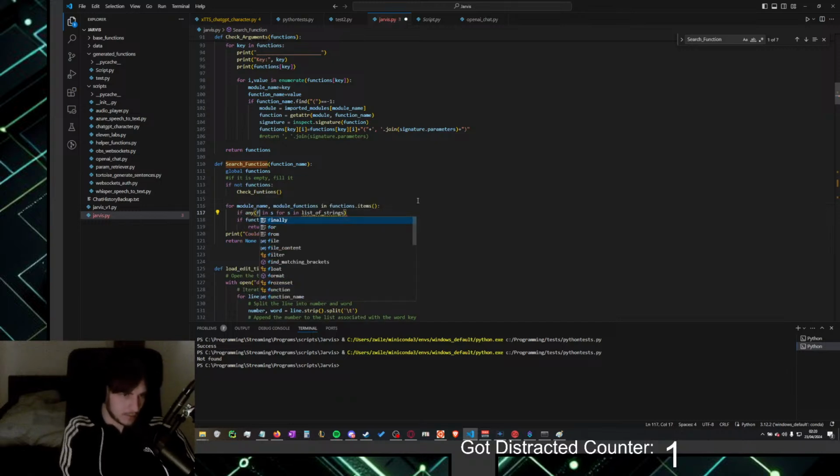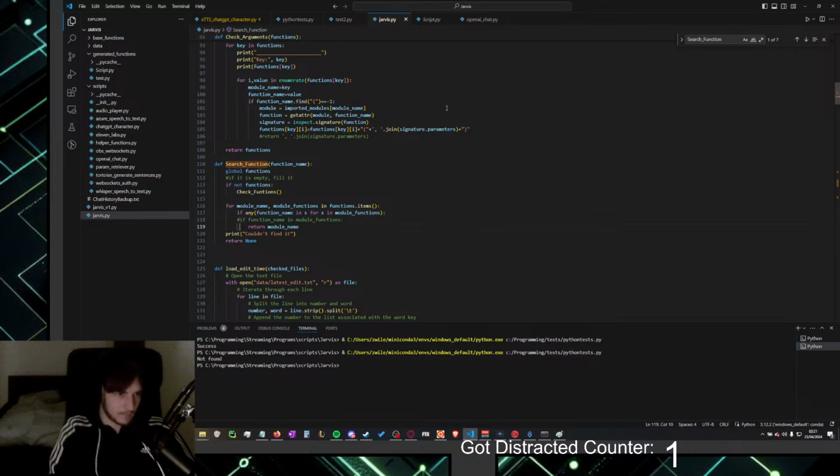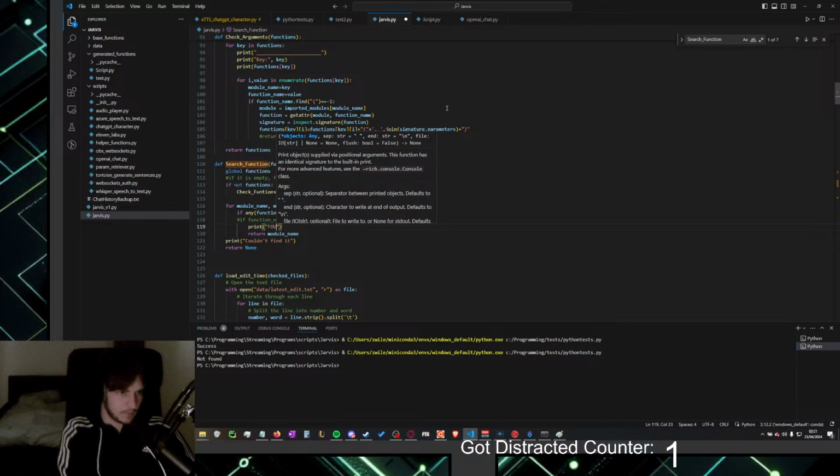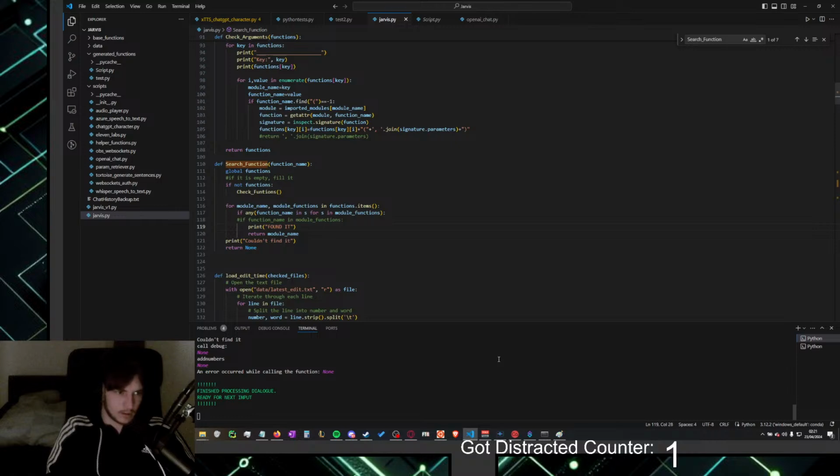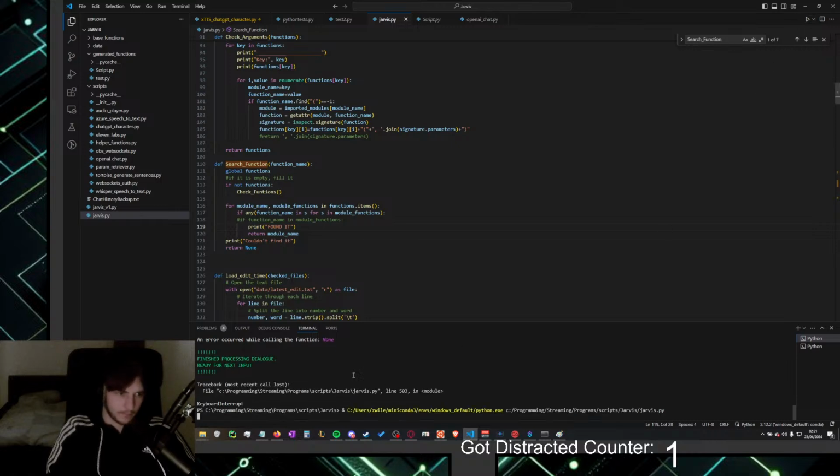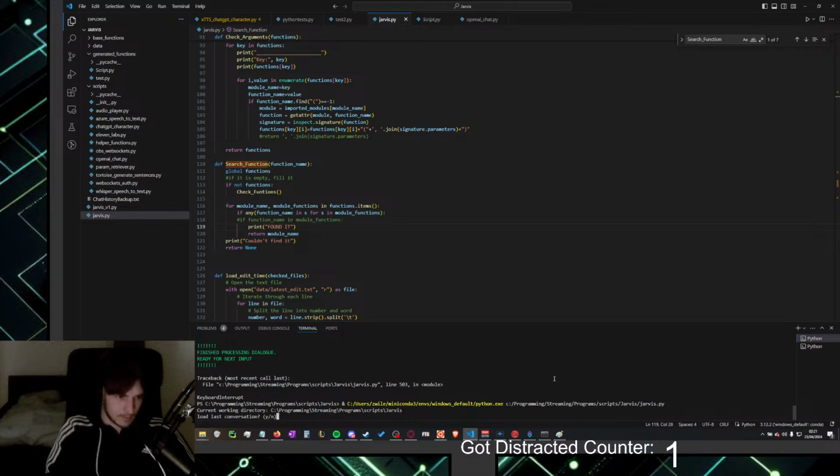String defined, it's function name and module functions. Print, found it, and we tried it again. Oh, whoops, that's still running. Restart.